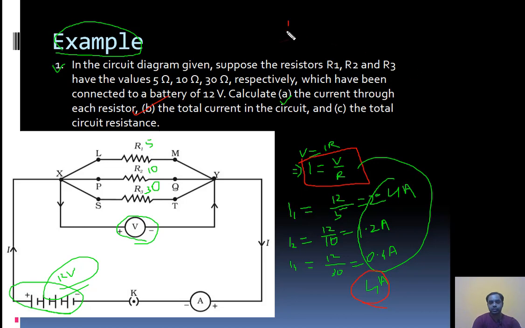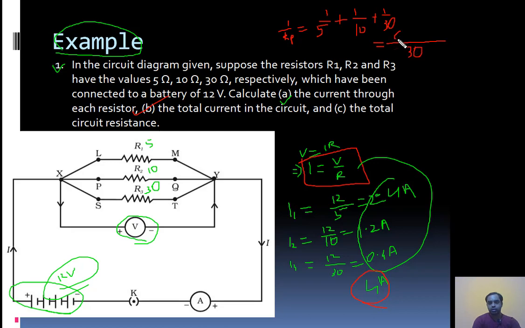So what is equivalent resistance? 1 by Rp in parallel connection is equal to 1 divided by first resistance, that is 5, plus 1 divided by second resistance, that is 10, plus 1 divided by third resistance, that is 30. Okay. Now if you take the LCM of 5, 10 and 30, it will come